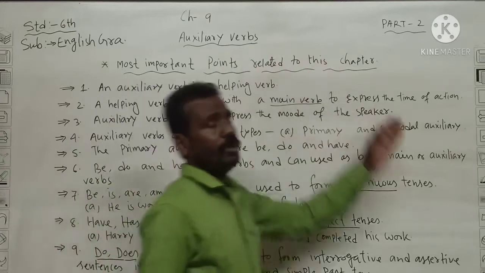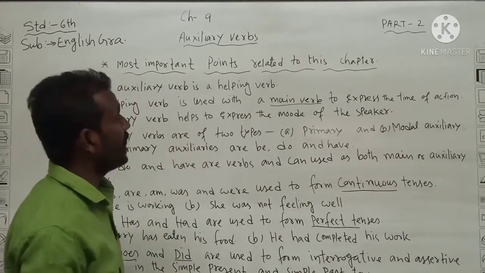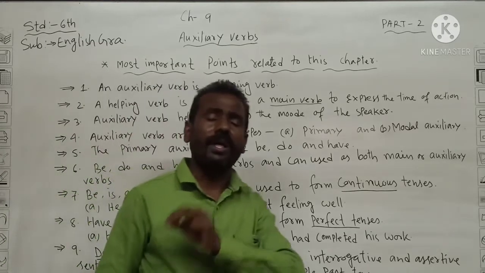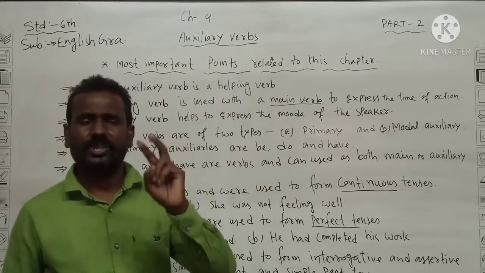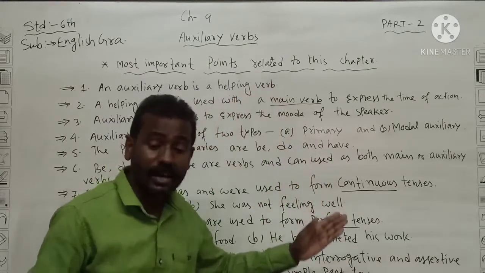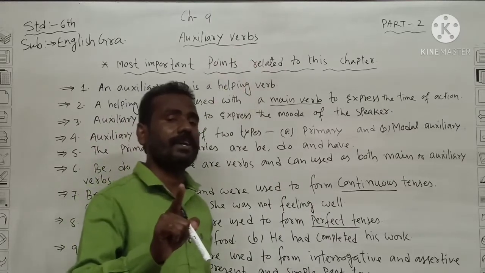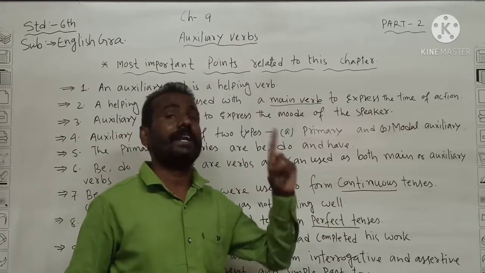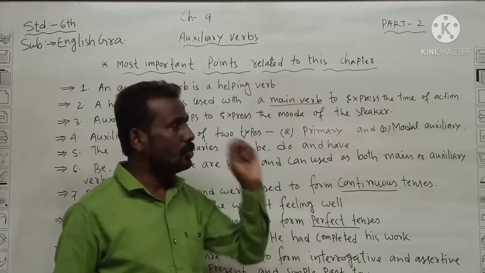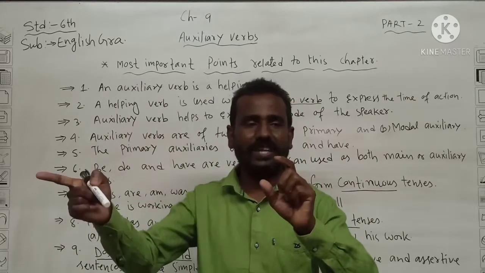That's why I am telling you students, the continuation will be in part 2. So these are the most important points I am saying. You have to listen to the video 3 times, 4 times. Then you can understand. Read the main points from the chapter auxiliary verbs. Compulsory. In the class also I said in the previous year that you have to read line wise, then the exercise.